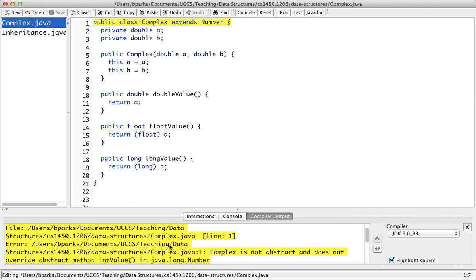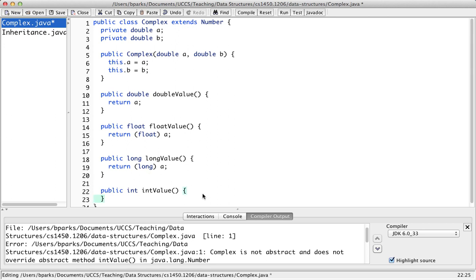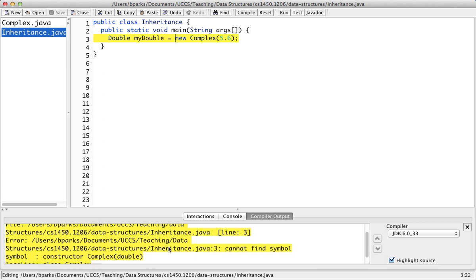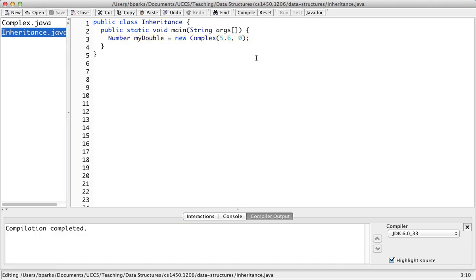I just want this to compile at this point. Right, so now I don't have a constructor that does that, so we'll just use that constructor. Right, this is no longer a double. This is a... Okay, so